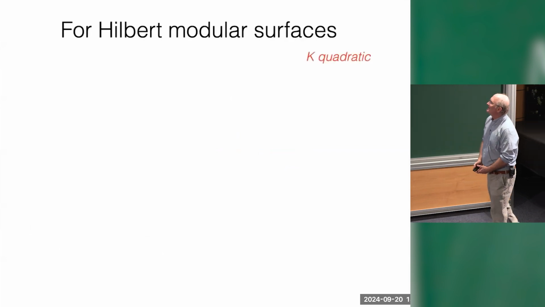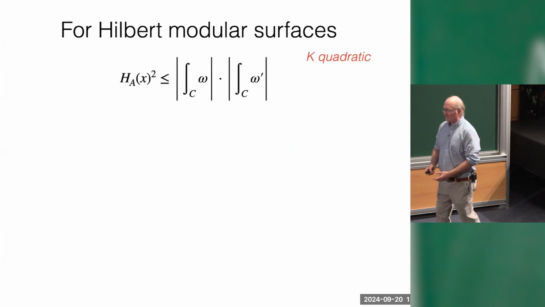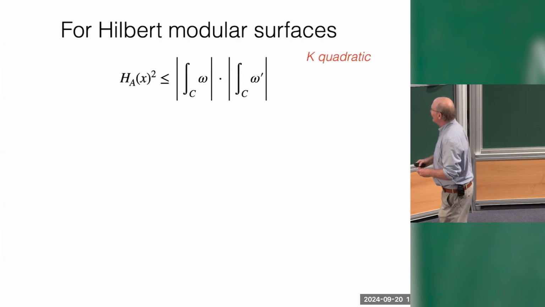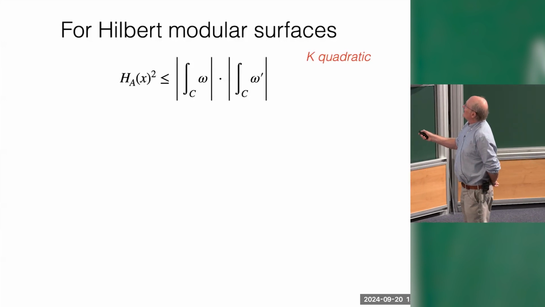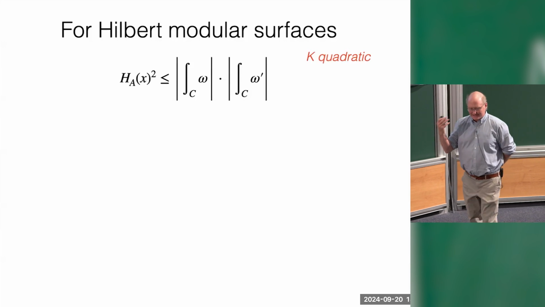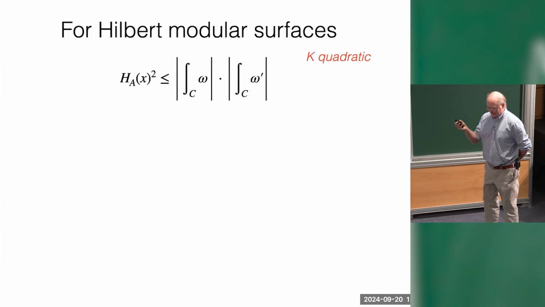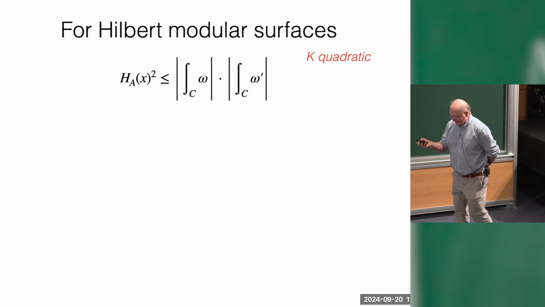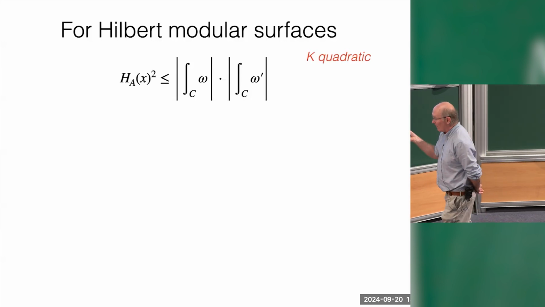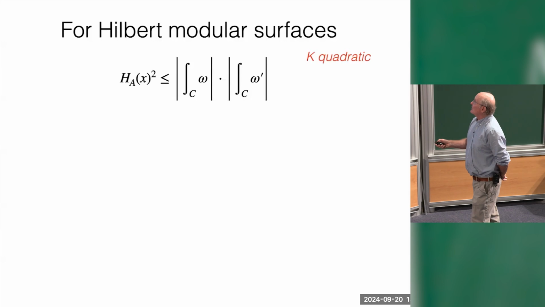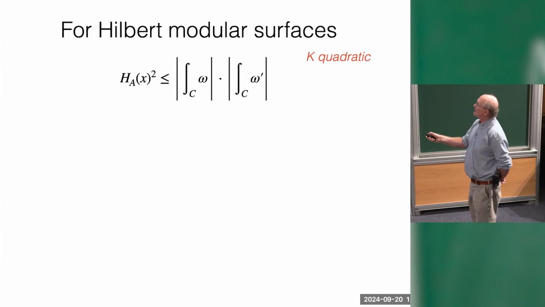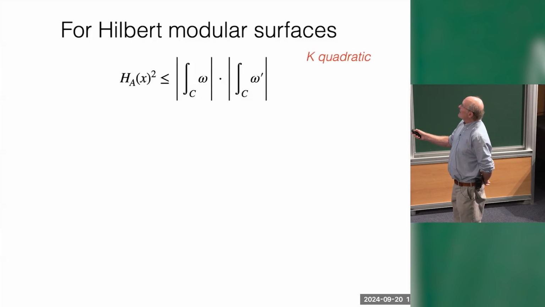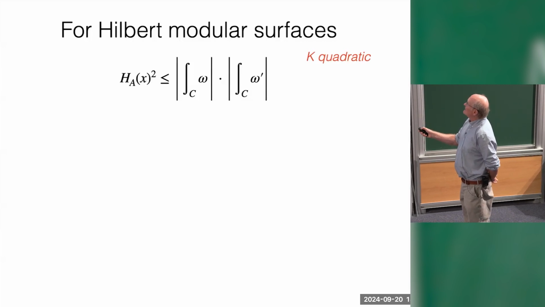Okay, so let me just say what happens for Hilbert modular surfaces, and it doesn't really matter if you understood what went before. The main thing is that this height is comparable to the ordinary height on a projective line. And the ordinary height is bounded below by 1 in the usual normalization. So this height is bounded below as long as A stays in a compact set. On the other hand, it's bounded above by the periods of these two eigenforms over the given curve.